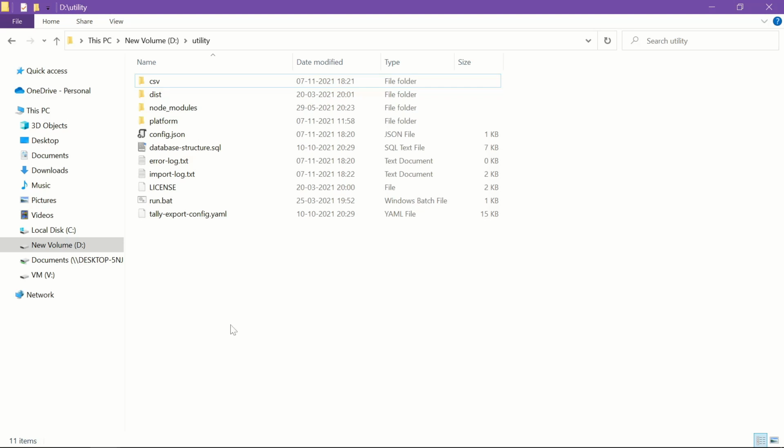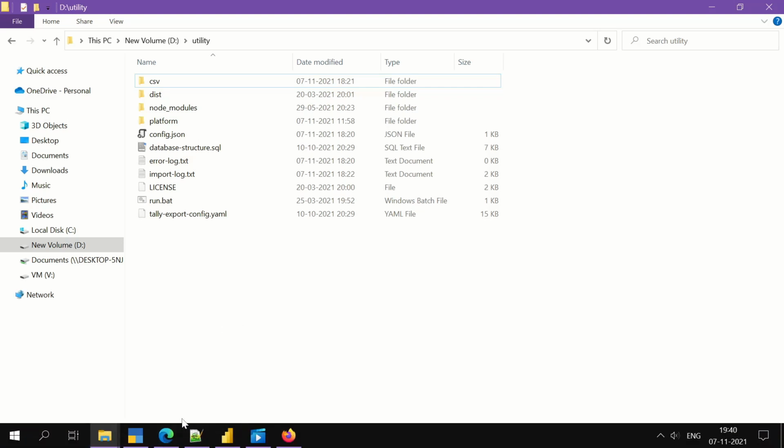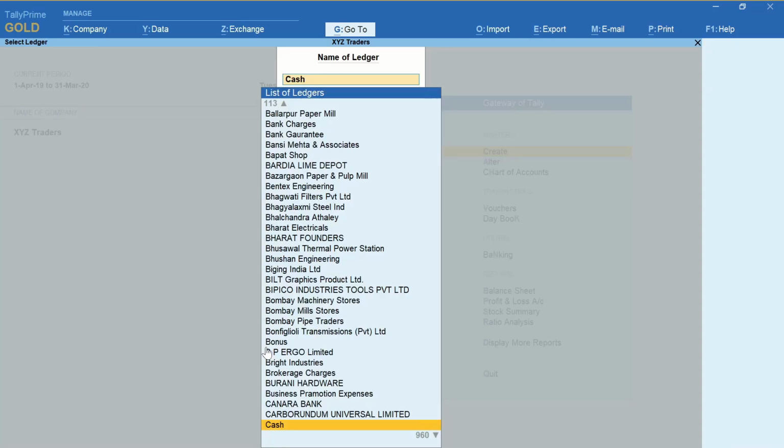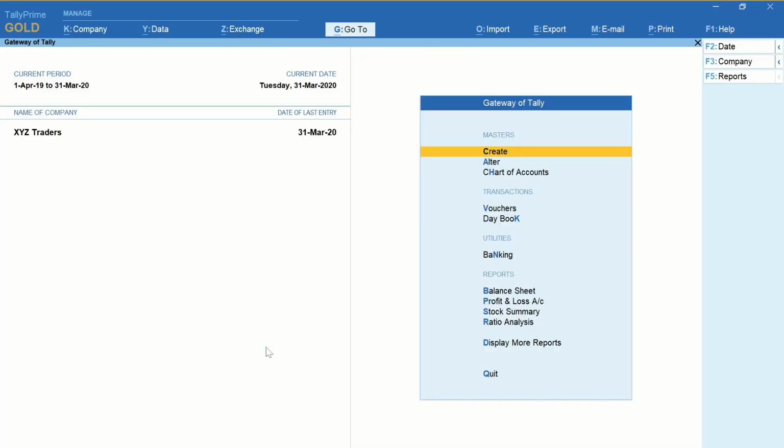But before that, to see if the data synchronization is happening correctly, let us change some figure. So let's say I add one cash voucher and change the cash balance.